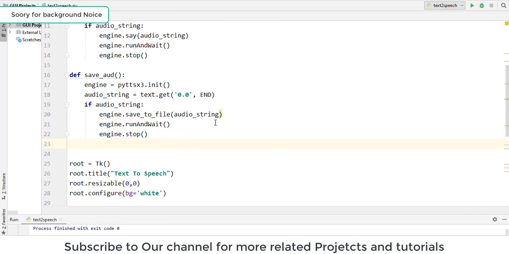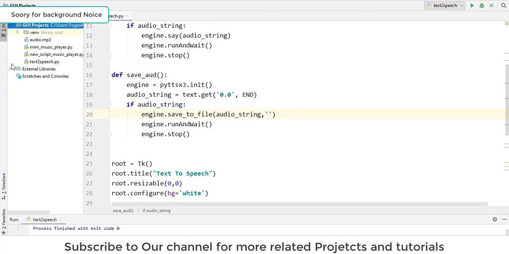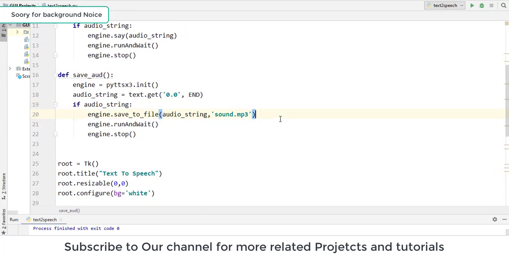But it takes two arguments. First is the audio string and second is the name of the file. Actually I guess I already have a file named audio.mp3, so I am writing here sound.mp3. The best thing is it converts your audio string into an mp3 file, so you can use it in future projects. So when I click on run,